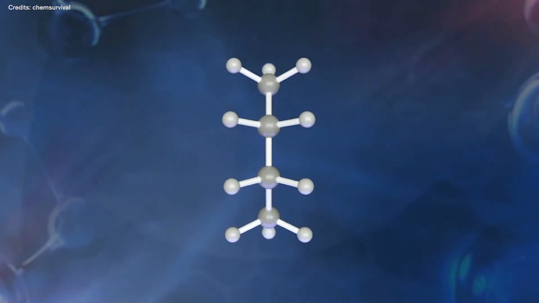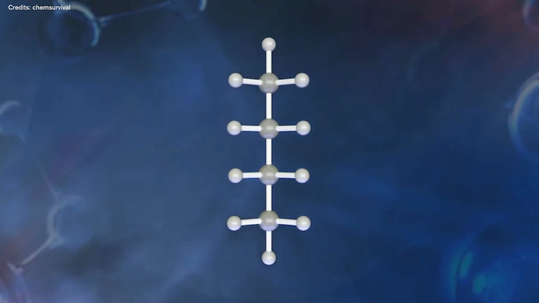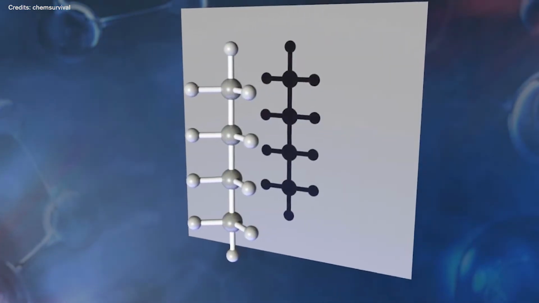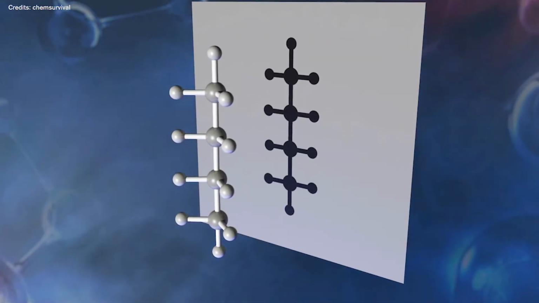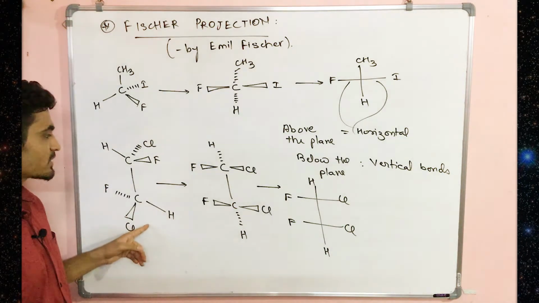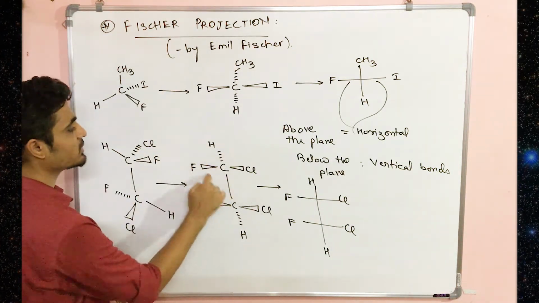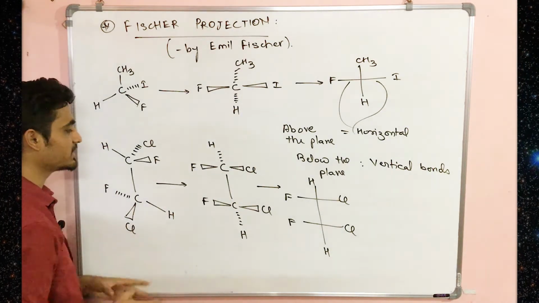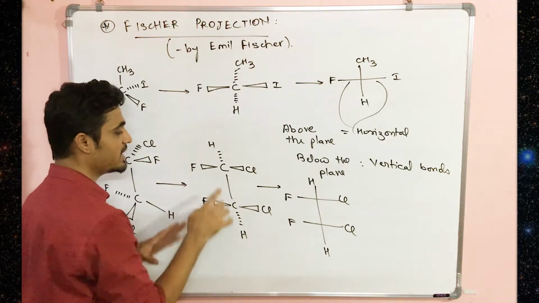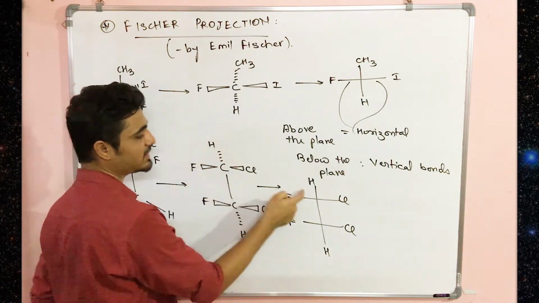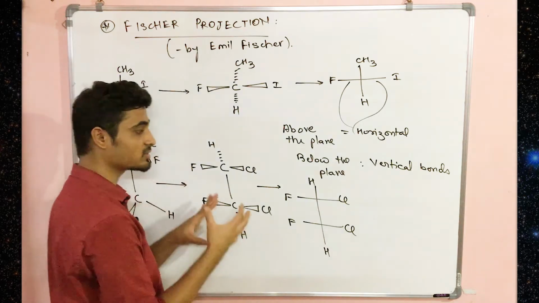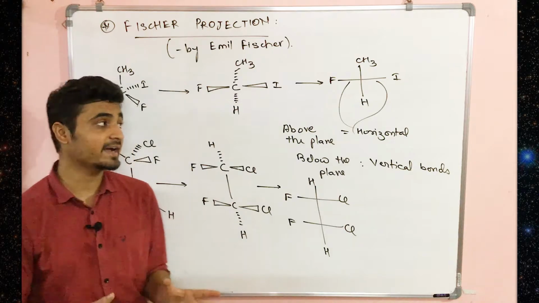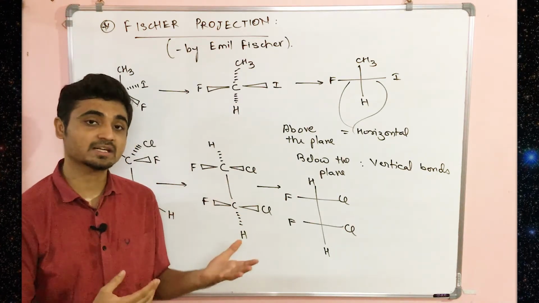One way of understanding is you can see in the video that the compound is first straightened up. Now why are we straightening it up? So that the bonds which are going behind the plane become vertical, and then we can take its projection as shown. Therefore if you have this type of compound, first it is rotated and brought into this kind of configuration or conformation. In more technical terms, we rotate it and bring it into this conformation, and then the ones which are going backside we put on the vertical. And why? Because of its projection, how it appears. I hope you get some idea about Fischer projection, how it is actually coming into the scene.